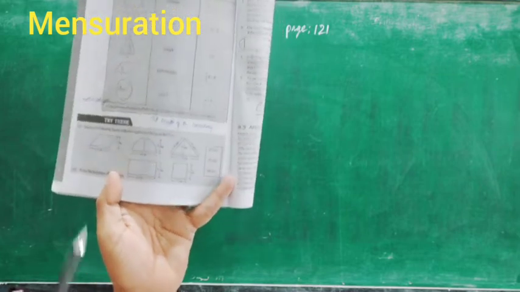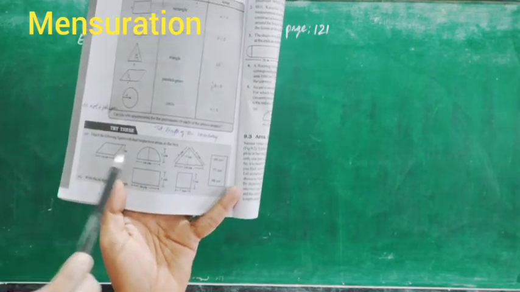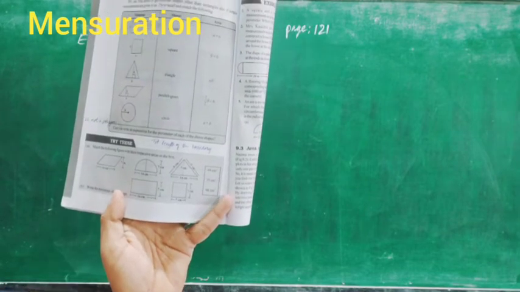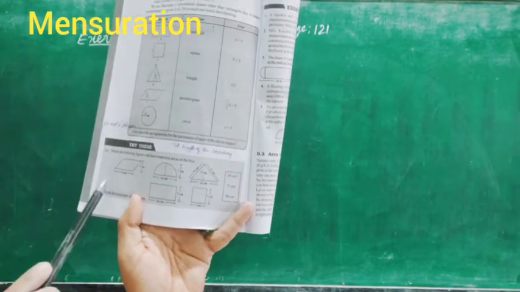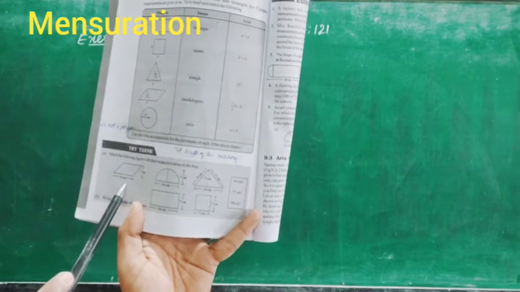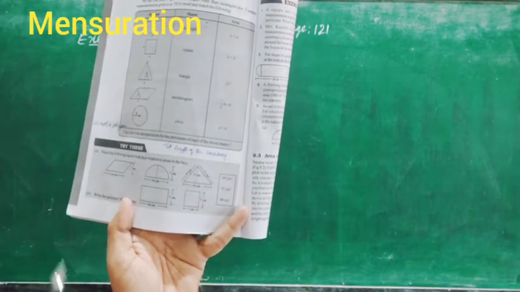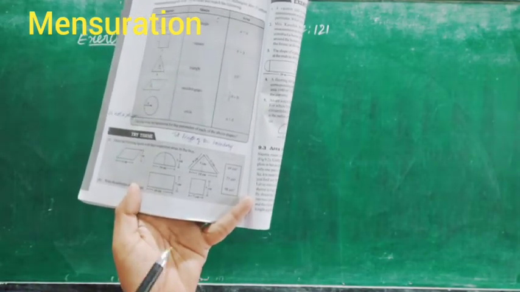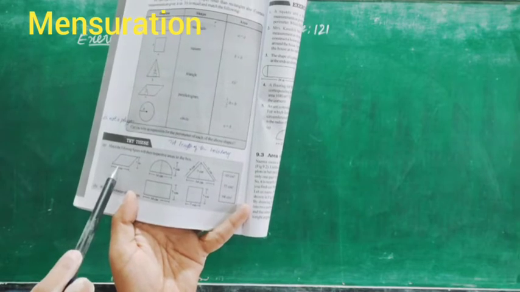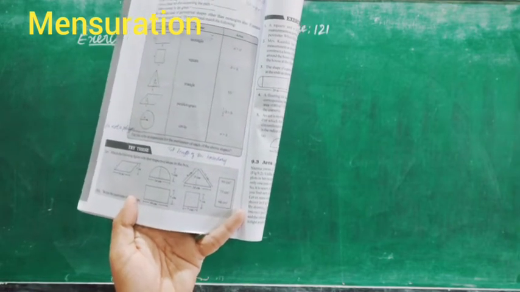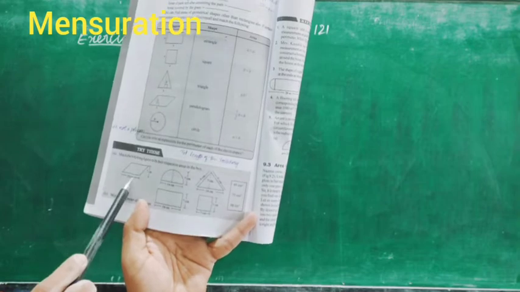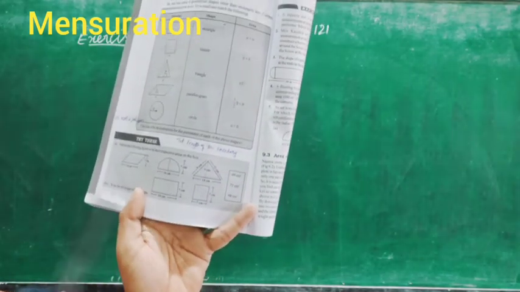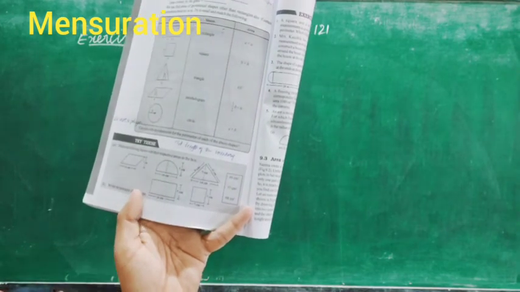So what is that question? You can match. First we have to find the area of this. What is the shape? This is a parallelogram shape. First find out the area of this shape, and again you can compare with these four figures. So which figure will be matched? That is the point to be noted. So the area of this parallelogram is equal to the area of any one of these figures. That way you can find out the first question.